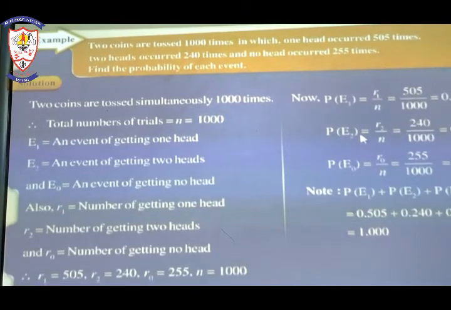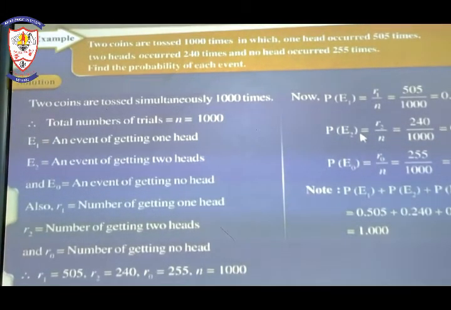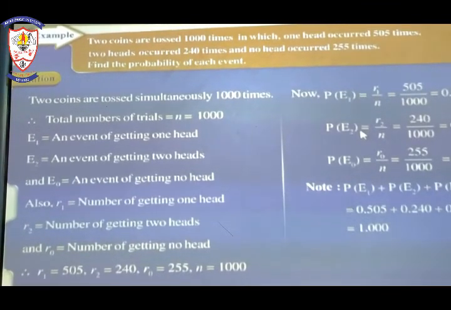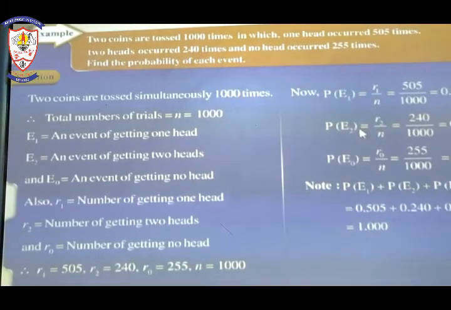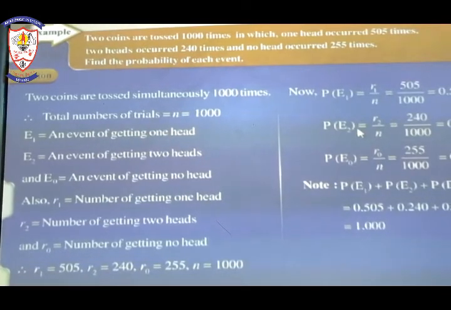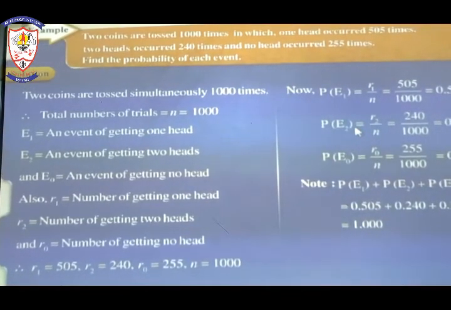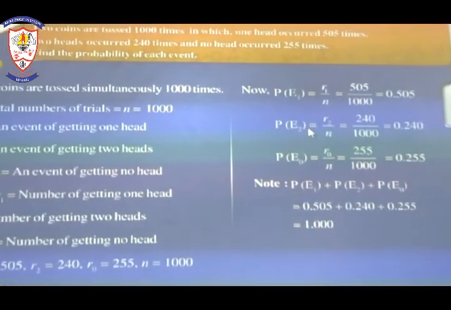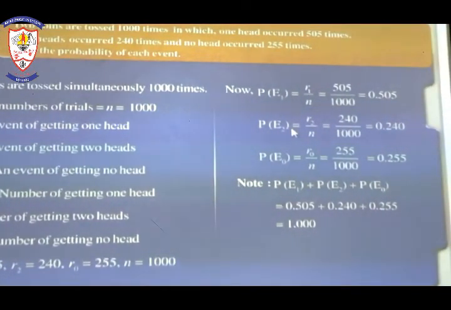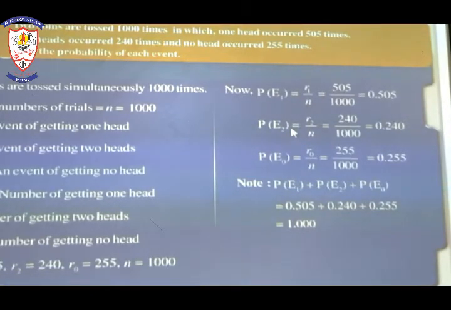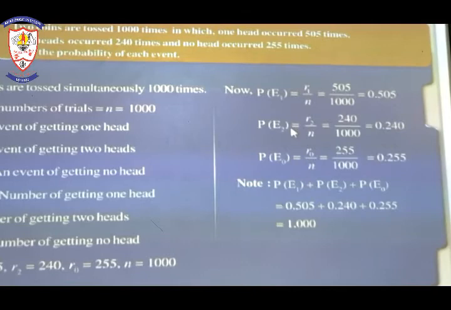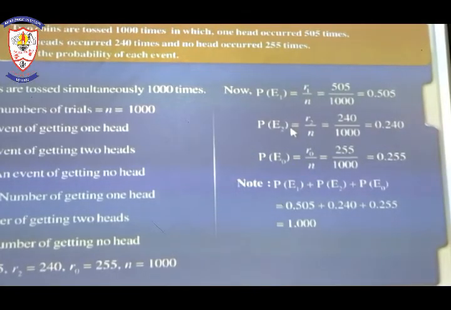So here, in the symbolic representation, we have written R1 is equal to 505, R2 is equal to 240, R0 is equal to 255, and N is equal to 1000. Now we will find out the probability of that particular event. So P(E1) is the probability of an event of getting one head, which is equal to R1 upon N, which is equal to 505 divided by 1000,